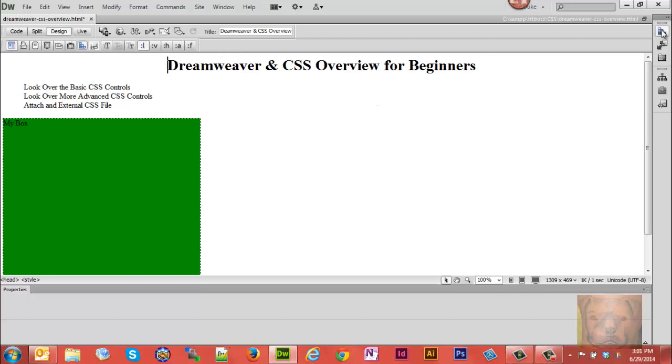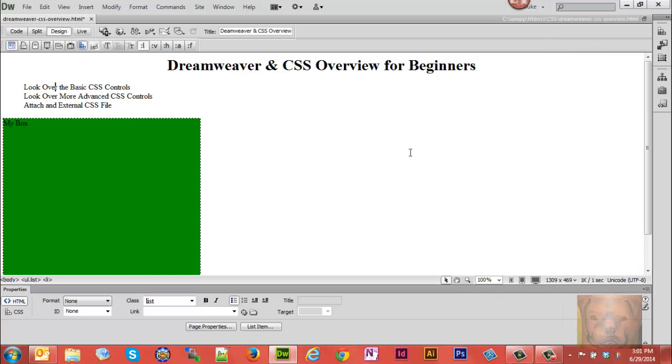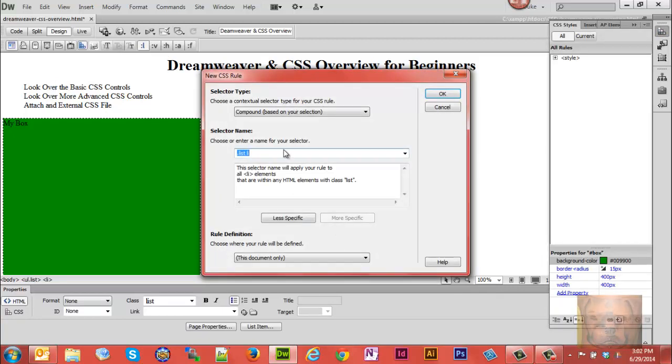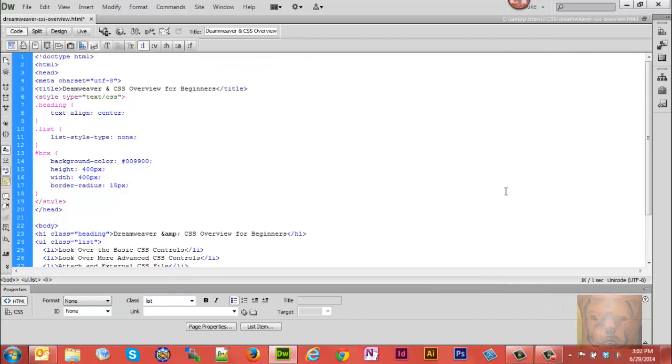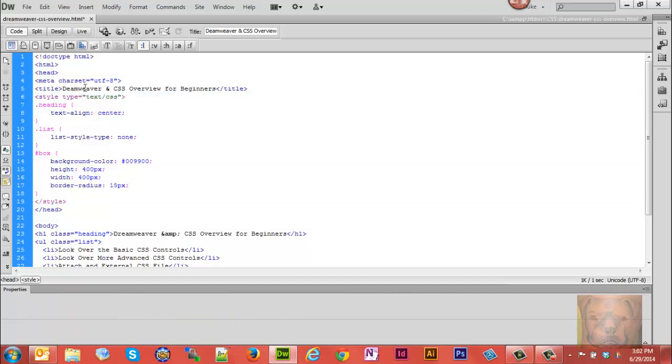Now I want you to notice one thing. Let's create a new style. I'm not going to actually create it, but notice down here it says rule definition: this document only or new style sheet. I'll go ahead and cancel out of there. Up to this point, it's been putting in this document only, putting everything into the heading section, right here to right here. But if I want a new style sheet,